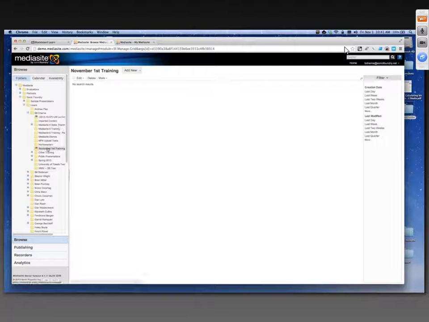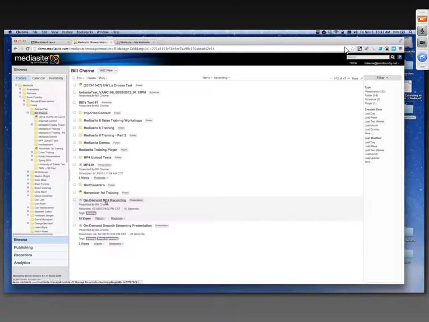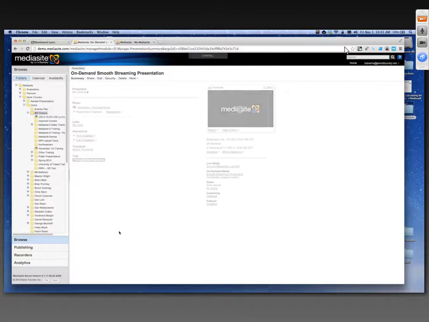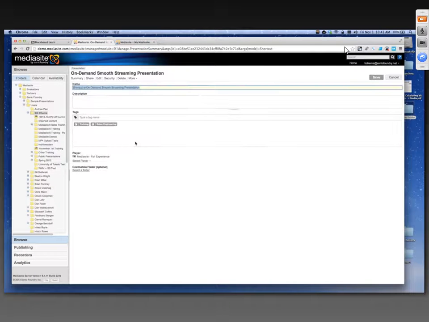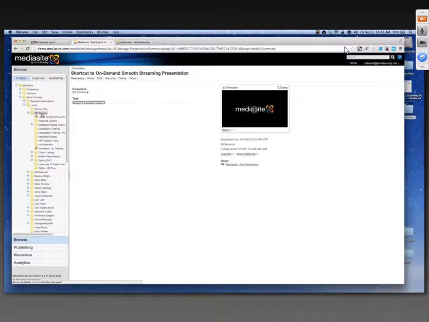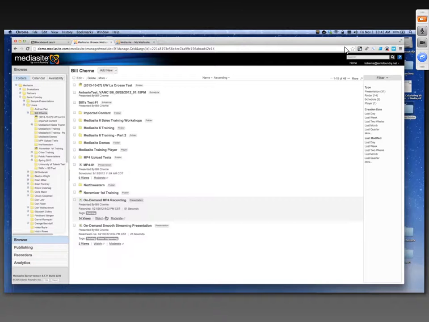Yeah, so in the management portal here, let me find a presentation. If we go into an existing presentation, we can come into More and create a shortcut. You pick the title and description, you can change your tags, you can change the folder it sits in, and we click on save. So now when we go back here, we have the